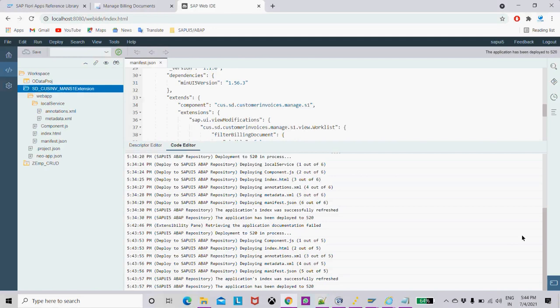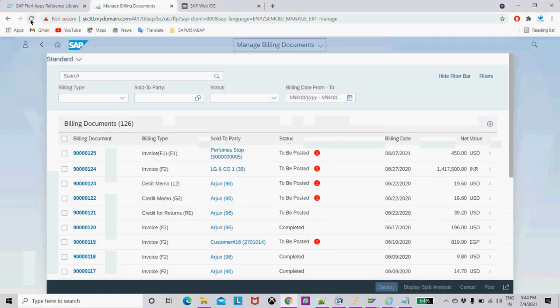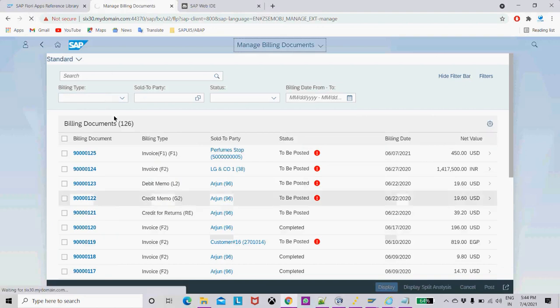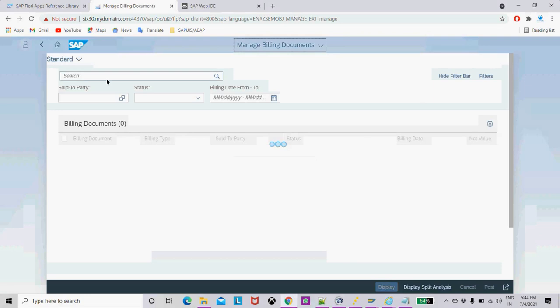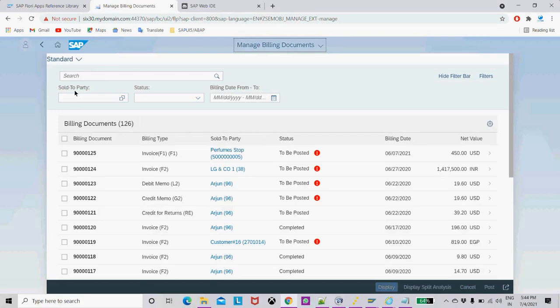Okay, so once your deployment is done, again I will reload. This time what should happen? This particular field should be hidden, right? So for that I will reload it once again. Okay, now you can see that the billing type field is not available now